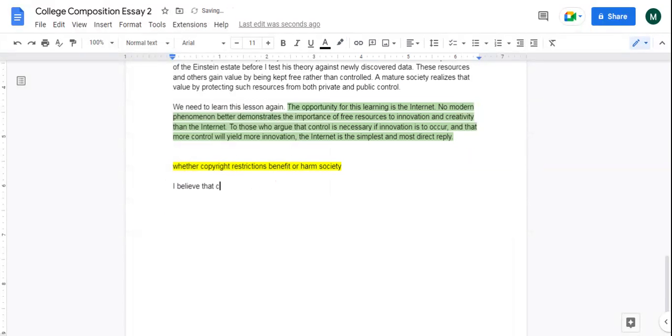I believe that copyright restrictions harm our society and its progress. So that will be the last sentence in my introduction. And maybe I'll say "therefore" as my last: therefore, I do believe that copyright restrictions harm our society and its progress. For instance, and I'm just trying to think of the sources, I'll start with education first. For instance,